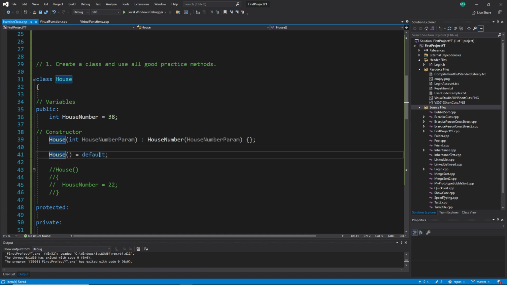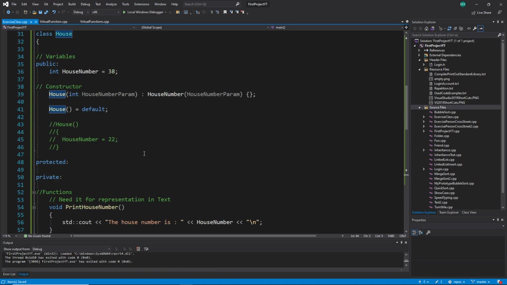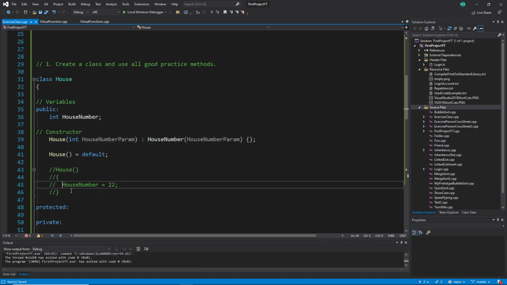But if I'm using this one here, and indeed I'm using this one here, then this variable would not be initialized if I have no value. And most of the time you will see a lot of people are not using this. They are saying that it will be initialized later anyway. Yes, of course they will be initialized when you provide something like this, or you are providing something like that. But let's say accidentally something happened and you are not providing something like that, and you have something like that,